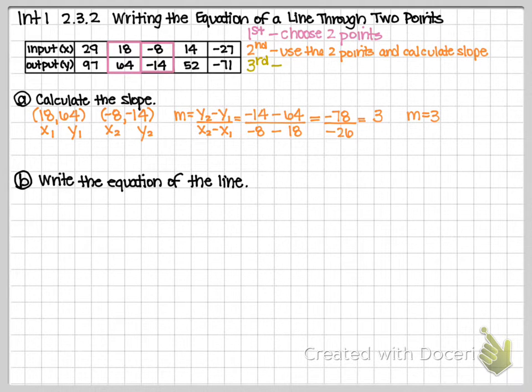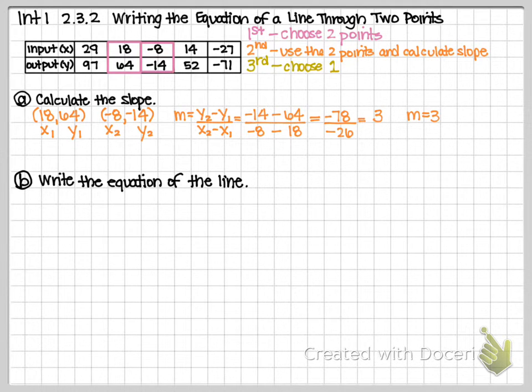Of the 2 points that you chose, now select one of those points. So you're kind of whittling it down. We had a whole bunch of points. We whittled it down to 2. Now we're going to take those 2 points and we're going to whittle it down to 1. So the third thing is we're going to choose